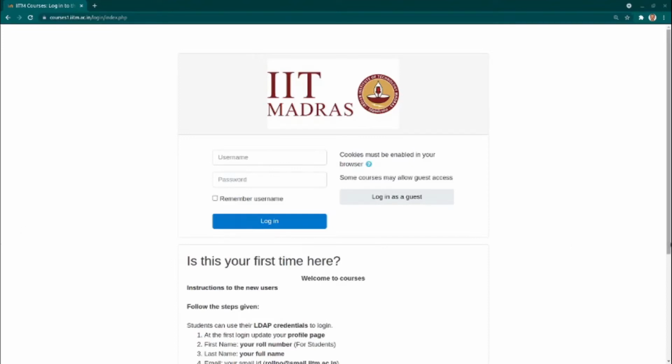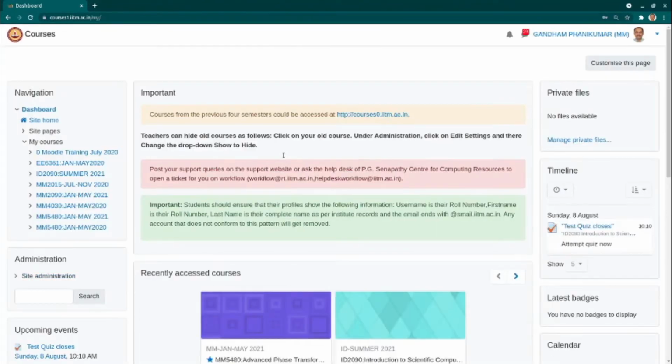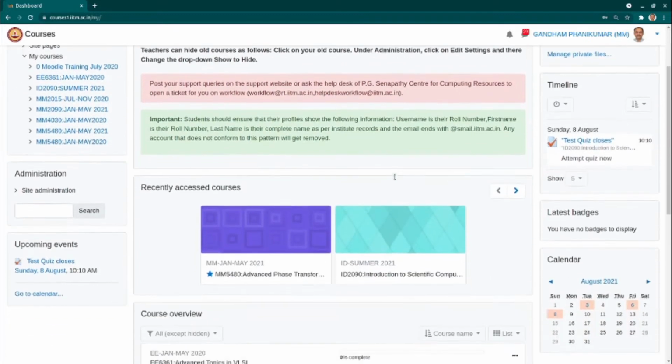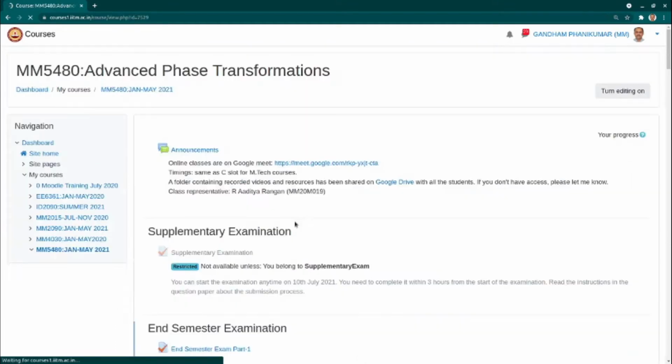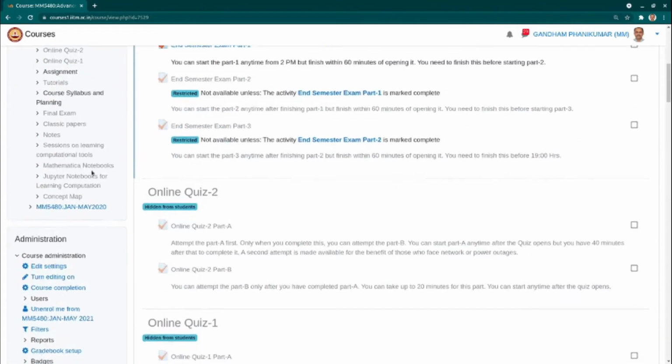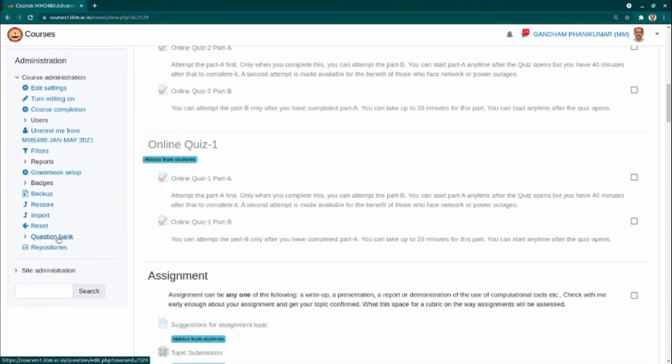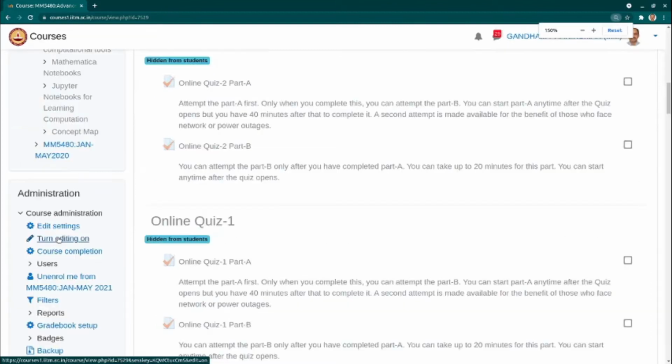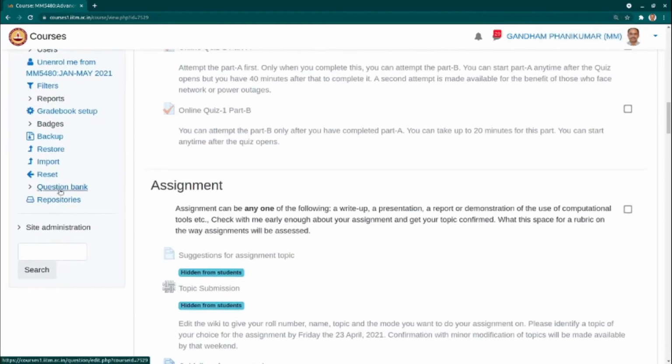Now we will see a demo of how the categories can be prepared in the Moodle environment. So let us start the first demo, where we would look at the question categories. So I am opening the previous semester's Moodle, so I have something ready for me to try out. So I open the MTech course, which is already completed, and so you can see that on the left hand side towards the bottom there is this link for question bank. Let me see if I can increase the font size. Yes, I hope you can see that now.